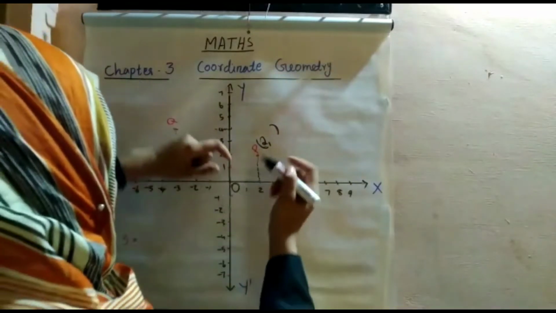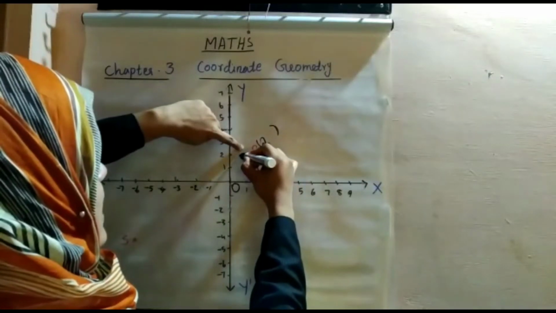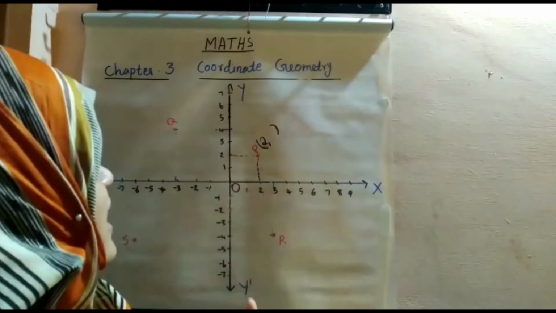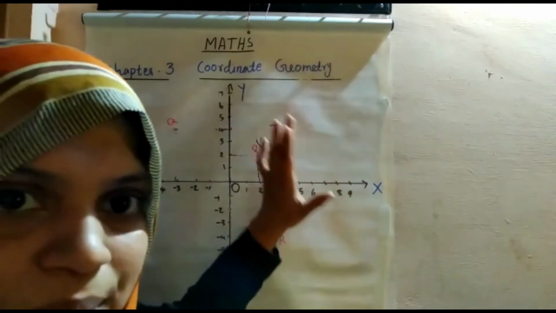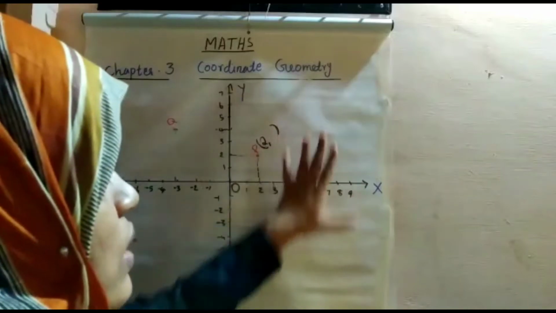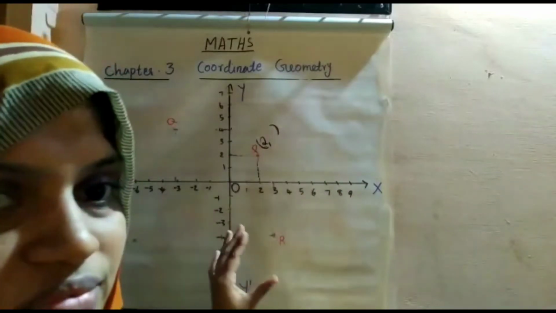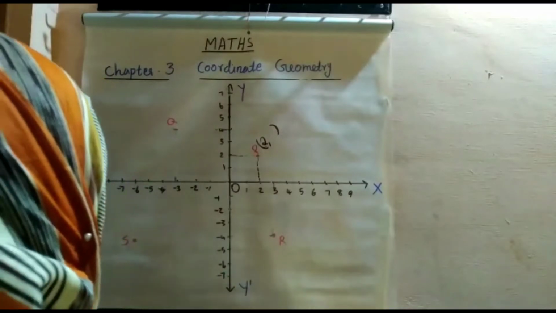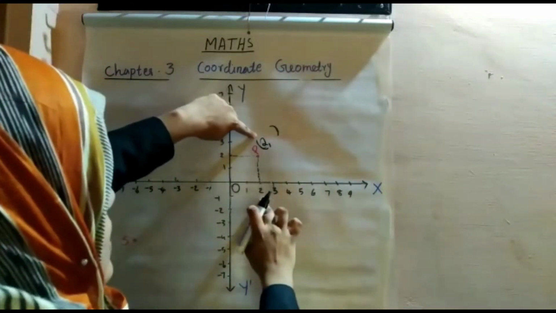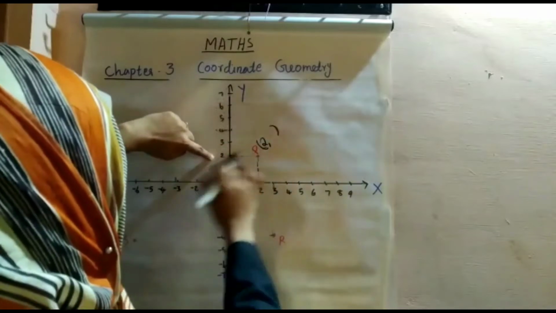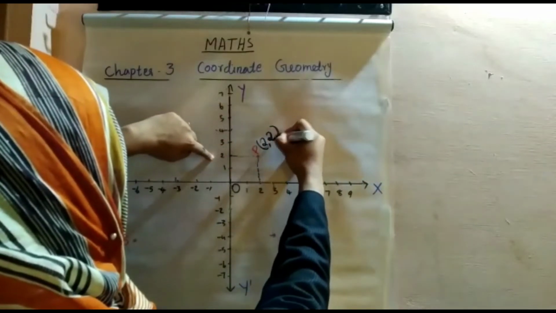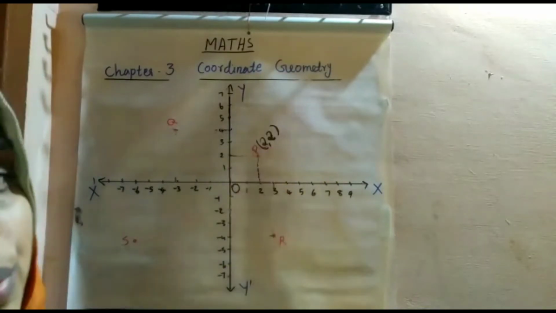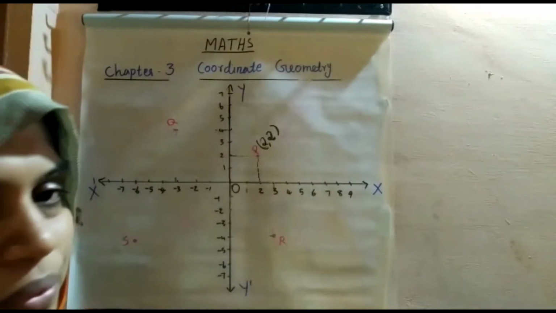Clear? Then for the y coordinate, draw a line using a scale. You should use a scale. Actually, we need graph paper for this. It's compulsory: you have to make all these drawings on graph paper only. See, so the x coordinate is 2 and the y coordinate is also 2. So the position of this point P in this Cartesian plane is (2, 2). X coordinate 2, y coordinate 2.